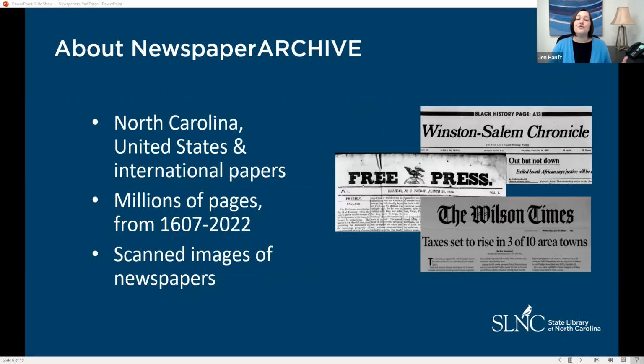Now let's jump into learning about NewspaperARCHIVE. NewspaperARCHIVE is a newspaper database not unlike many of the other newspaper collections that we've talked about in parts 1 and 2 of this News You Can Use series. It includes full text scanned images of newspapers from around North Carolina, around the United States, and many international locations as well. It includes millions of pages of newspaper content dating as far back as 1607 through as recently as